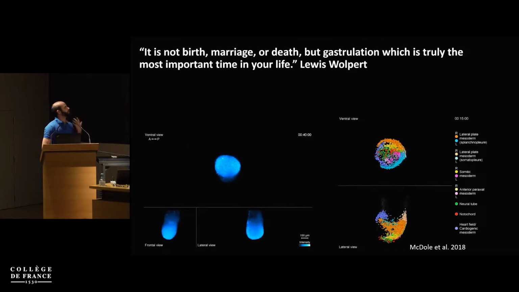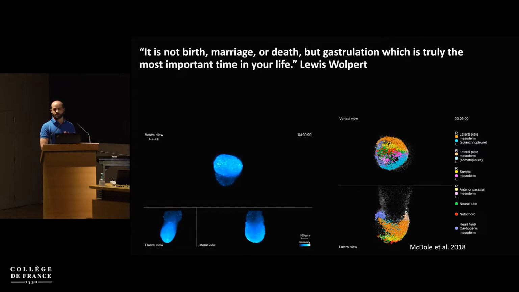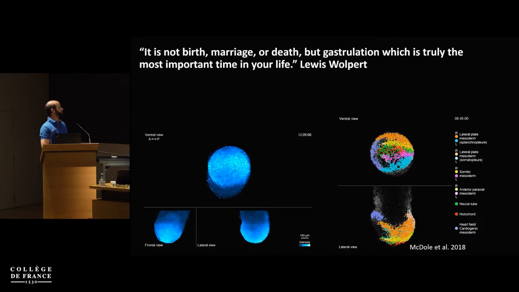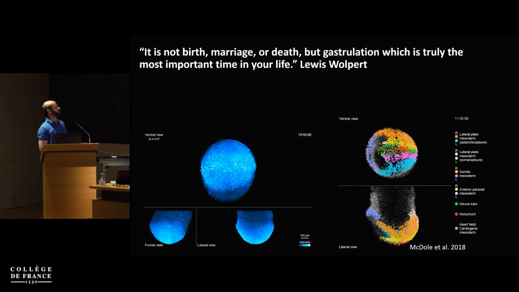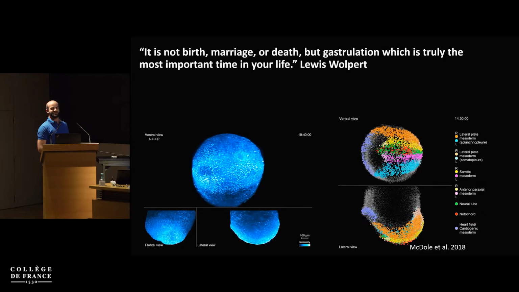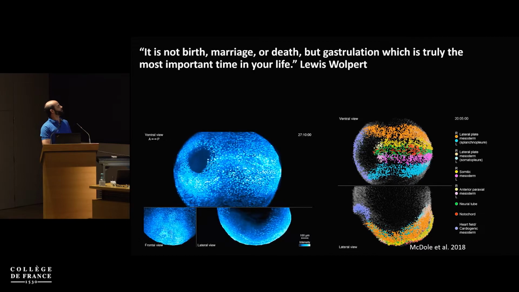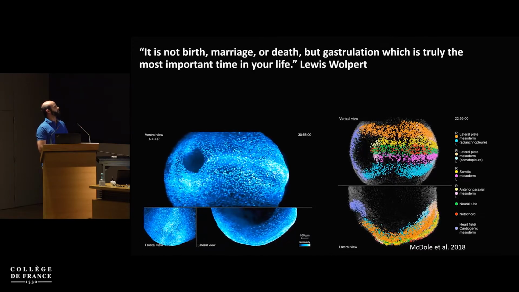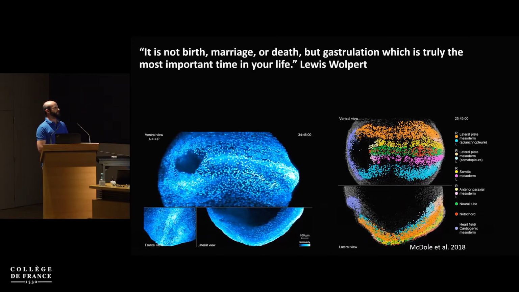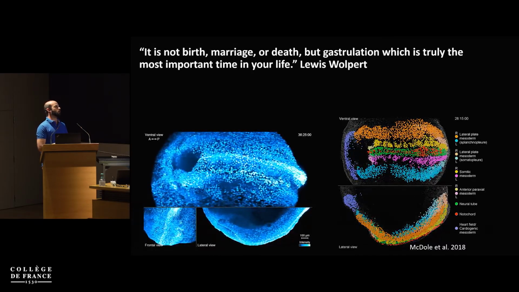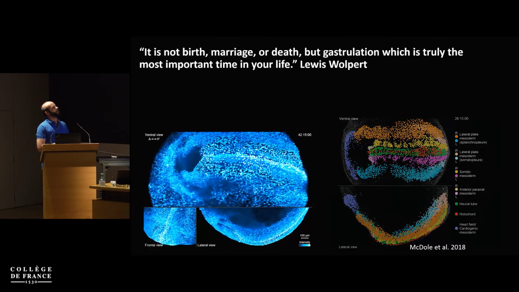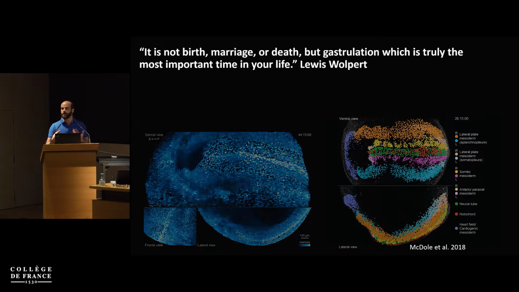Now we have new tools that allow us to reinvestigate these processes. Here you can see a mouse embryo that's been cultivated in vitro, and you'll see, I guess, more in vitro culture of embryos later on during the day. You can see how the cells migrate. You can trace back, based on their final location, their initial location. So you can start to question how this whole process occurs in time by rewinding it and going forward.